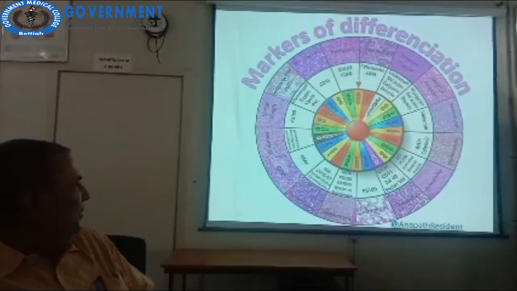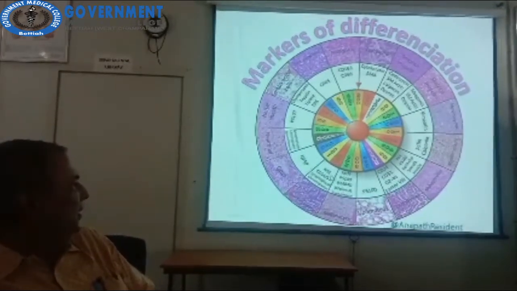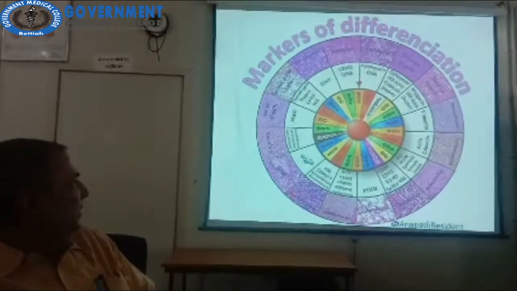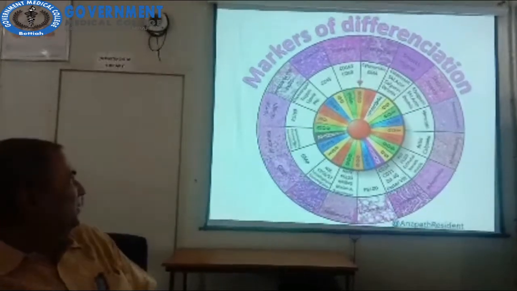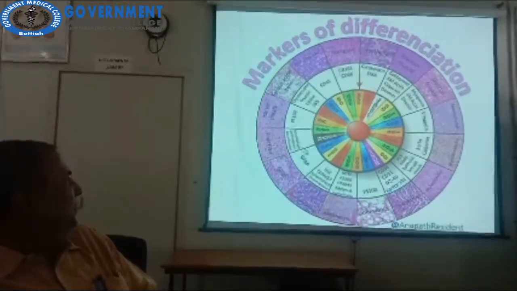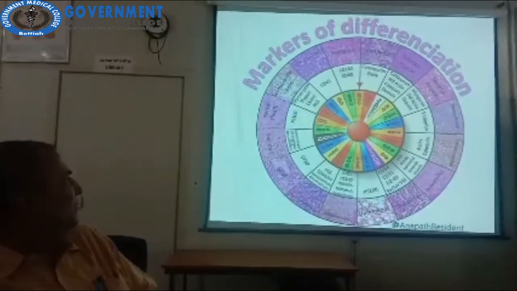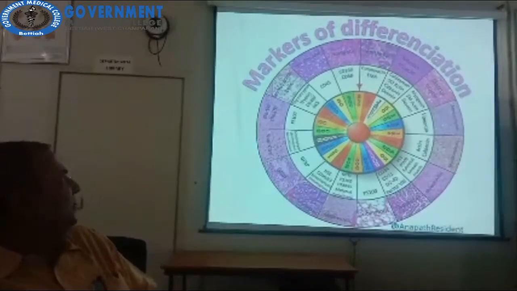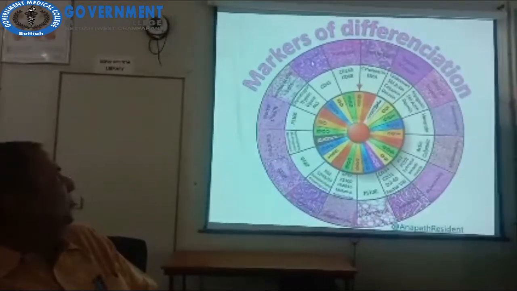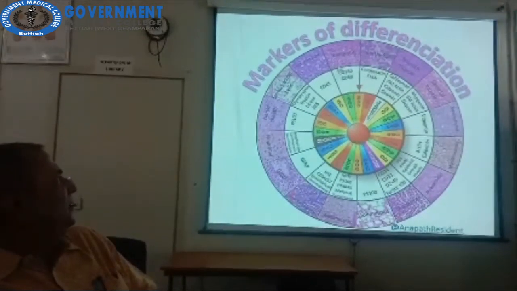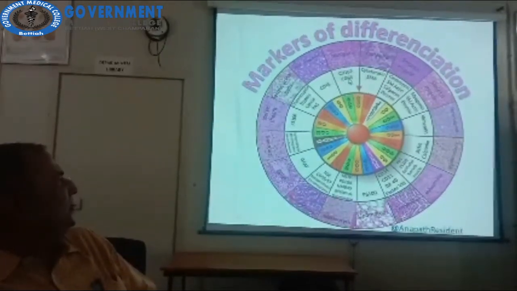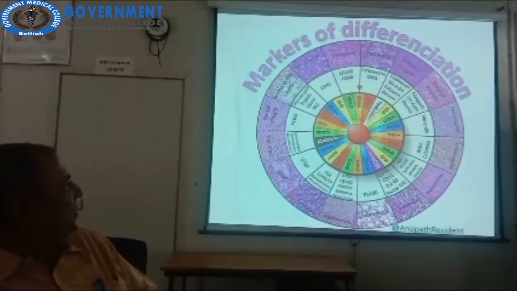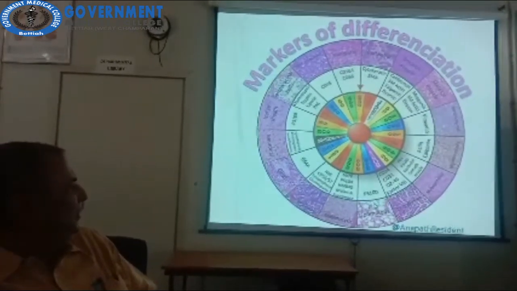This neuroendocrine, neuron-specific enolase, synaptophysin and chromogranin. Then glial fibrillary acidic protein for gliomas. Then neuronal tumor, synaptophysin, chromogranin and neurofilaments. Then nerve sheath S100, serous acinar, chymotrypsin, trypsin, lipase and PAS. Hematopoietic CD45, histiocytic CD163 and 68. So this has been given in a very nice way. It has been presented.